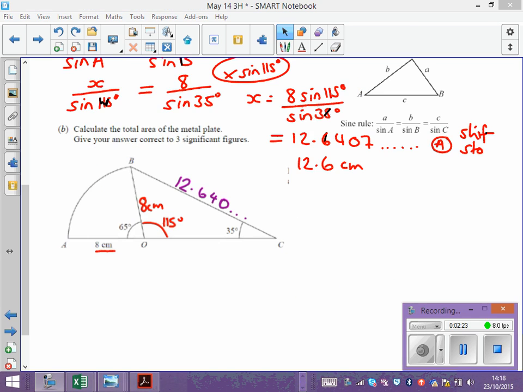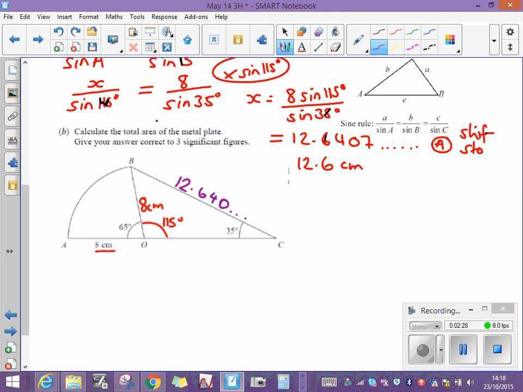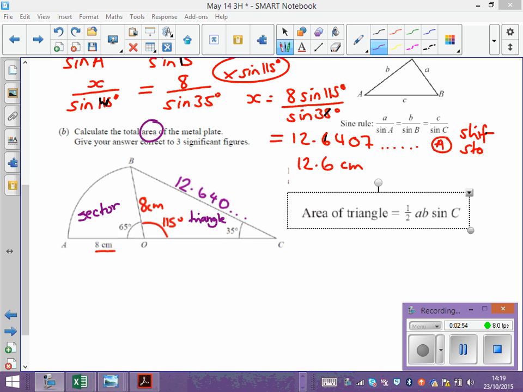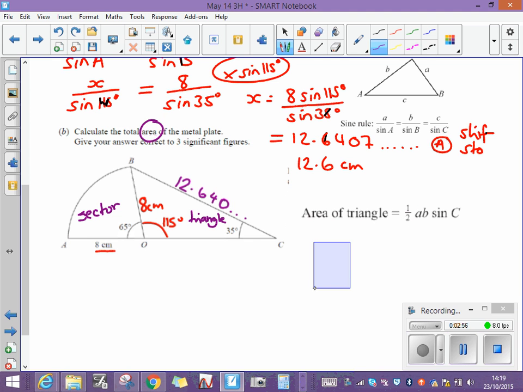Okay, the question now asks me to find the total area of the metal plate. Okay, and in order to do that, obviously it's made of the sector, which is over here, and the triangle, which is over here. So I need to find the area of both. Now, area of a triangle, there are two formulae, one of which is area is half the base times the height, but you need the perpendicular height for that. There is another way of finding the area of a triangle, and it's given to you in the front of the exam paper. Now this formula, area of a triangle, half ab sine C,